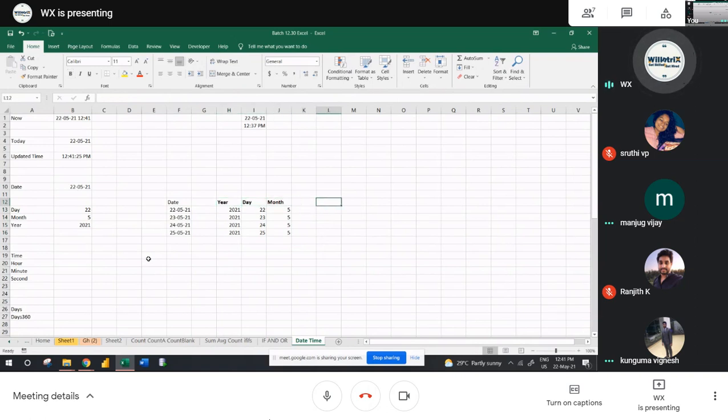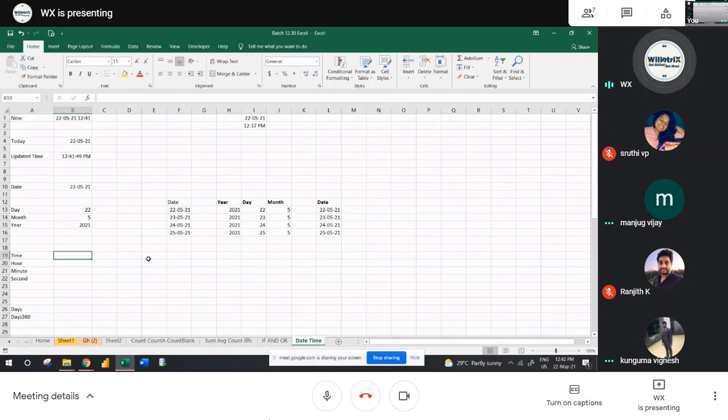If you want to consolidate by date, in the report they have already given it like this. You have to set it in a proper date format. There you have to use DATE. First it will ask you to select a year. I selected the year here, then month, then day. Enter, then drag it down. This is how we use the day, month, and year formulas. Got it? Yes. Okay.